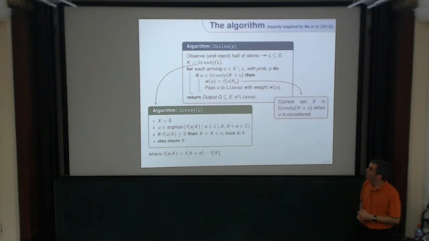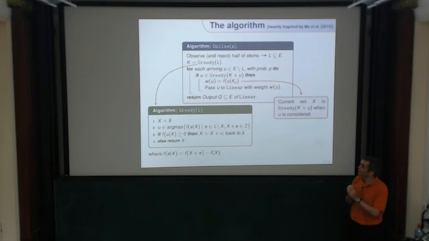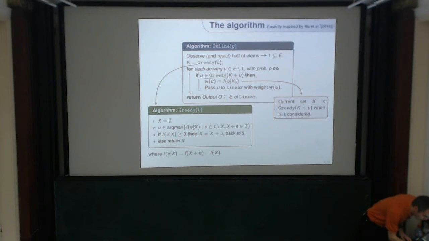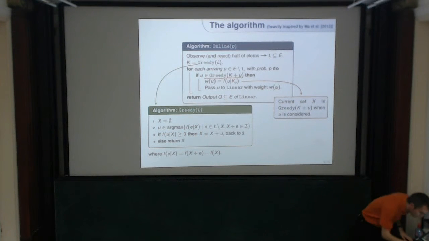Now let's move on. Now we have the second half of the algorithm, where new elements appear. I will look at an element when it appears, and first I will check whether, if this element had appeared in the first half, in the set L, it would have been selected by the greedy algorithm. If not, I immediately discard it. If it would have been selected, which is essentially this line here, if u is part of the greedy algorithm being run on L plus u,